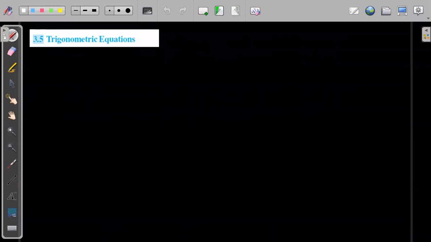Okay. Now we have trigonometric equations. What does a trigonometric equation mean? Suppose you have been given some value of a trigonometric ratio and you have to find the angle. Principal solution is included. Suppose they say sine of theta is equal to 1 by root 2, and theta lies in the second quadrant. Then tell me the value of theta.